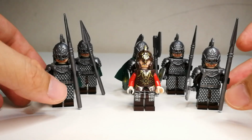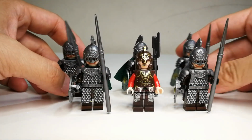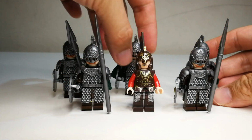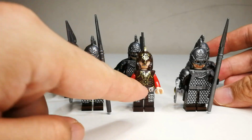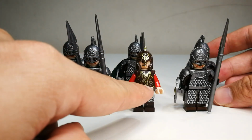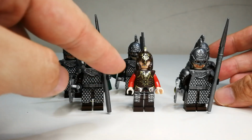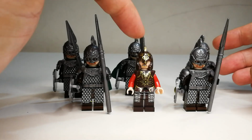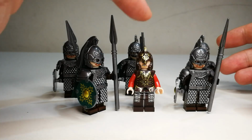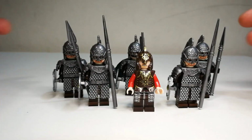But of course, you gotta have a couple of these Rohan royal guards walking together guarding the child king here. So yeah, I think this armor is kind of outdated. Just look at it. Yeah, the king is not wearing cool armor in comparison to the soldiers. We really need to get an updated version of this one. Hopefully Lego does. King Théoden and his guards. Of course,